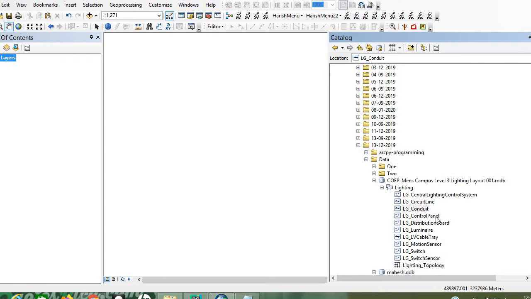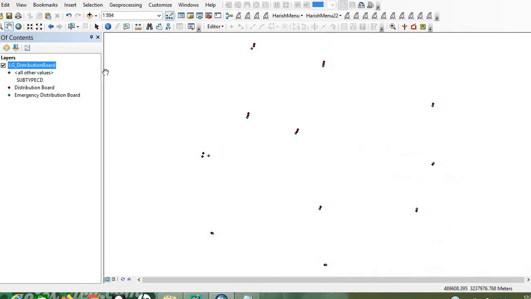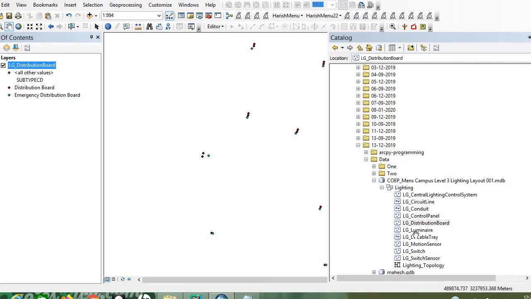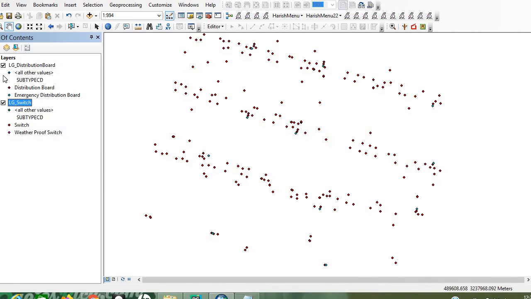Today we are going to discuss the LG distributed board, and one more thing is the LG switch. Okay, what is the concept that we are going to discuss?